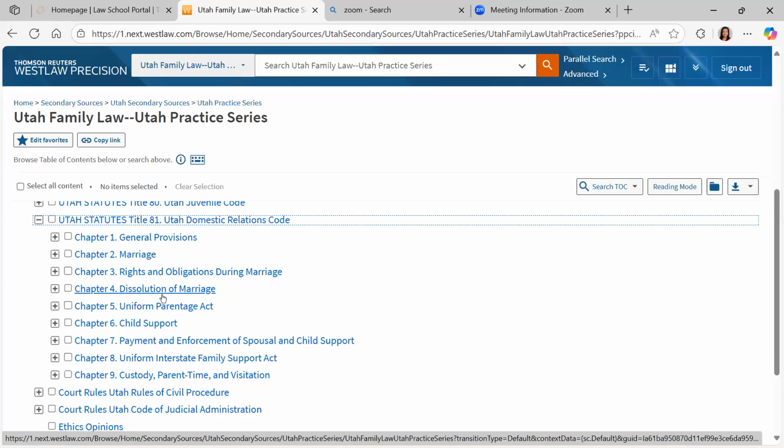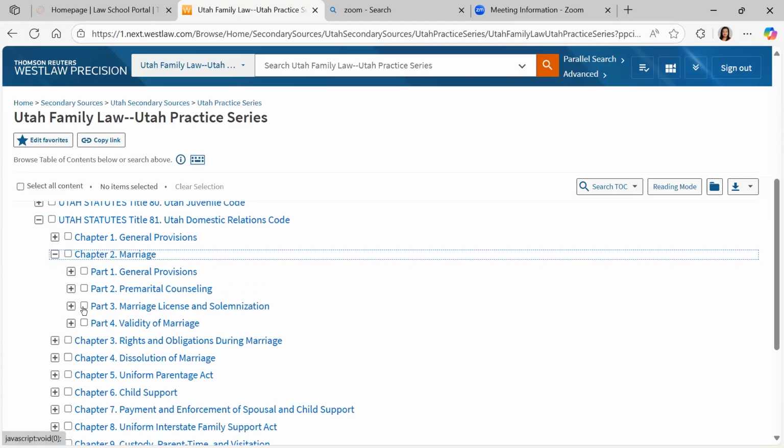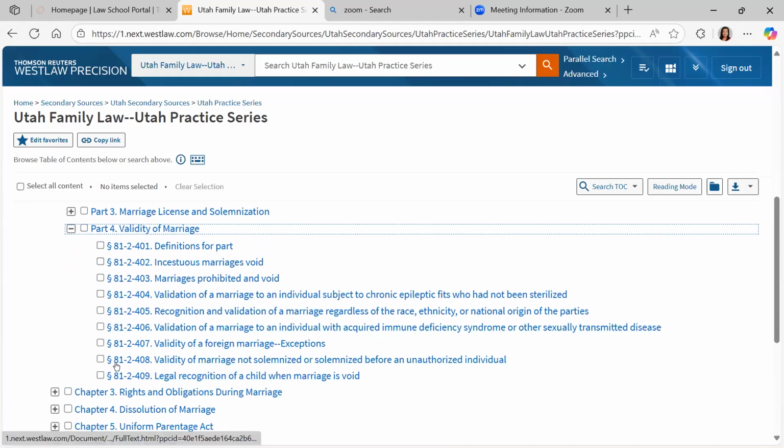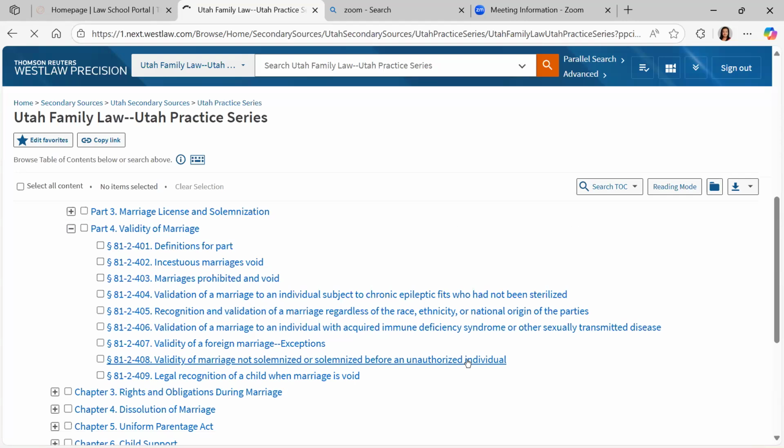I'm not sure yet. But this is a really good example of why I like looking through a database, because again, if I don't know a lot about this topic, I can just start opening up all of the chapters and parts and sections and so on to see what it is I might need and find out where I'm going to be. So here we have Part 4, the validity of marriage, and I can see 81-2-408. Validity of marriage not solemnized or solemnized before an unauthorized individual. And so here I can open up that section